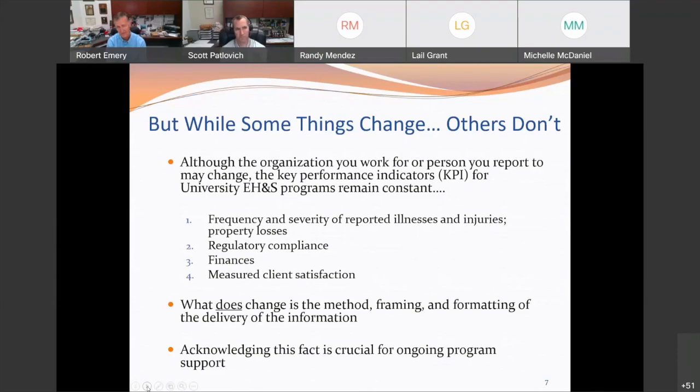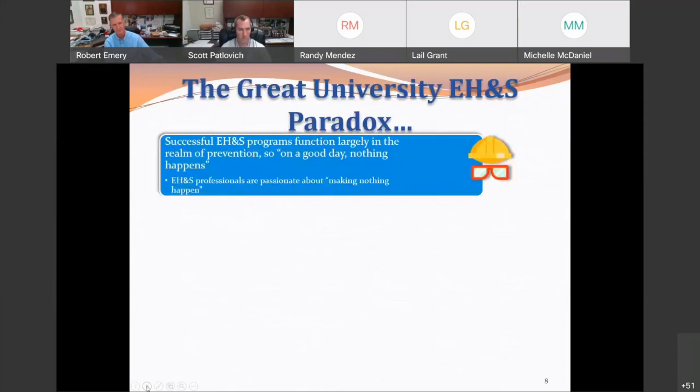I'll get into it here in a second, but again, Scott will reinforce it. Some of these things might be out of your realm of control, but yet are really important to be able to say, how is the university doing holistically with regard to its safety enterprise? And so what will change over time is how we frame the information that we collect. For example, if our new boss is an attorney, maybe we put compliance first. Maybe we're reporting to HR, maybe we put client satisfaction first, but we'll worry about that later. But we do have to understand that the change is certainly occurring.